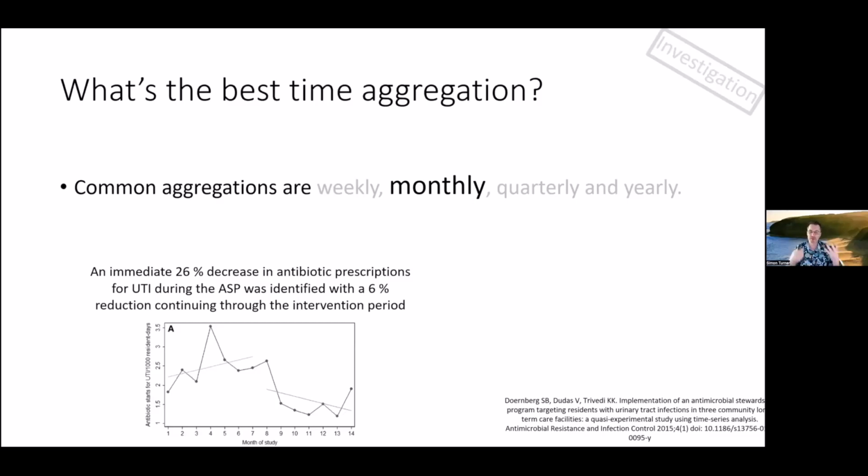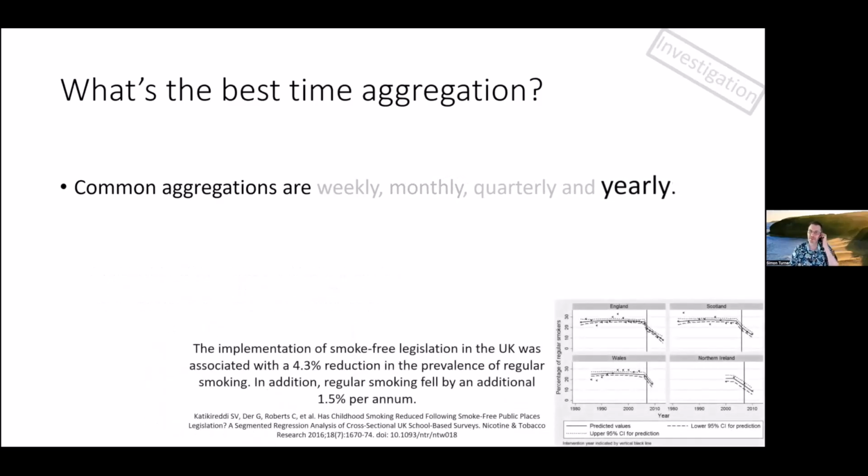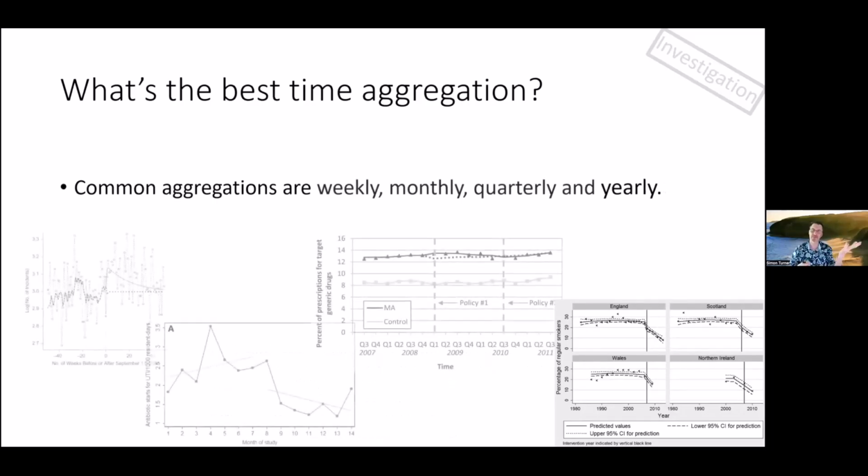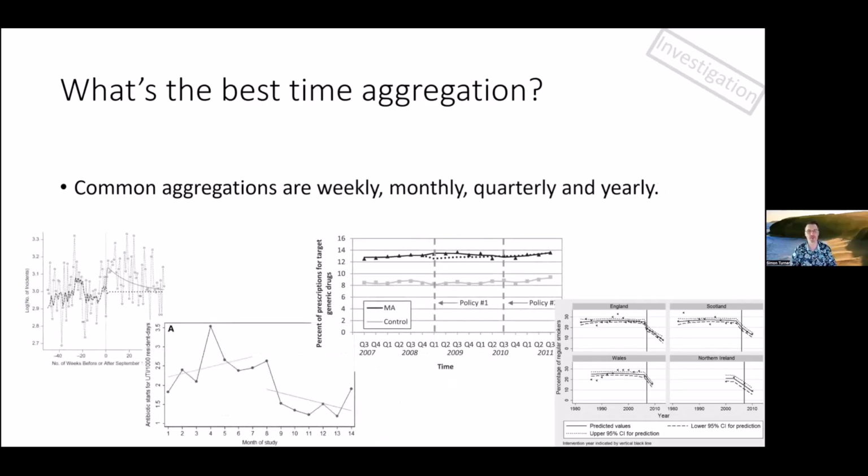So these are all, no matter what they're looking at, very similarly worded, and you'll see many graphs that all look very similar as well. Here is the smoke-free legislation in the UK across different districts there. And again, 4.3% reduction, that was the immediate reduction, and an additional 1.5% per annum working on. So we've got this level immediate and a longer term slope,